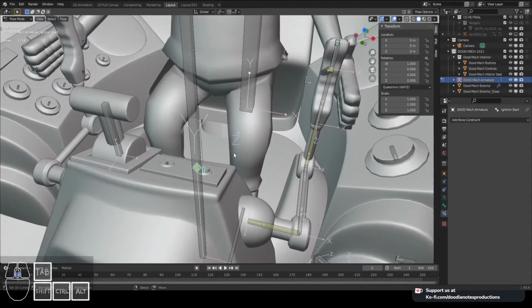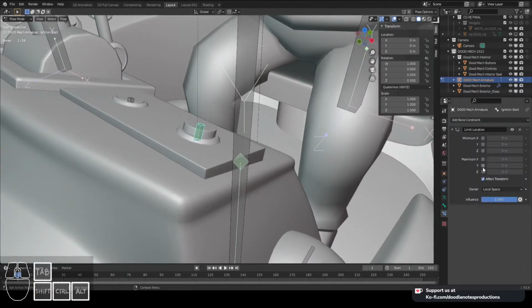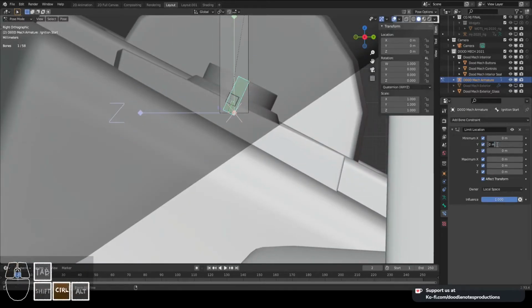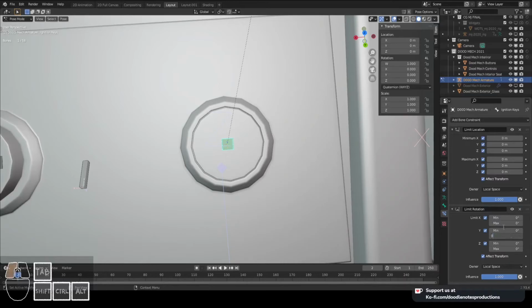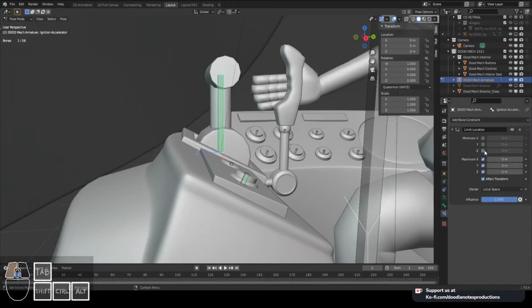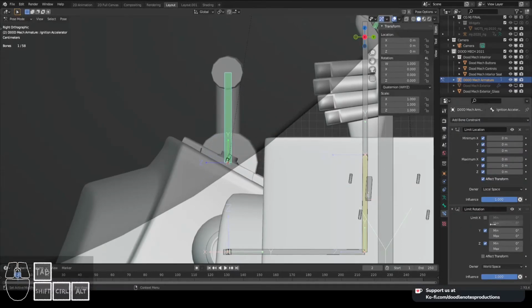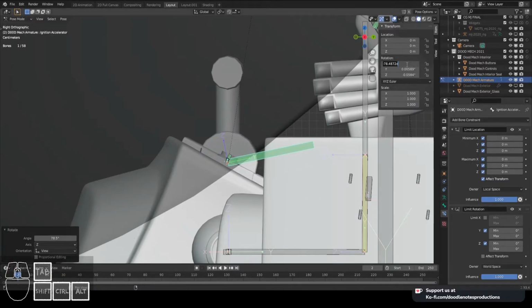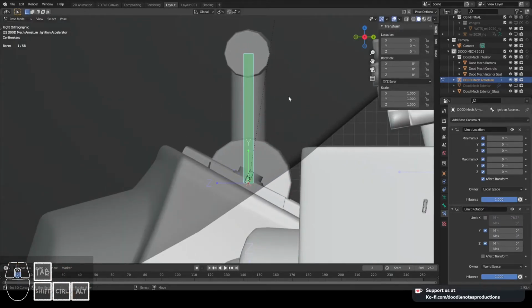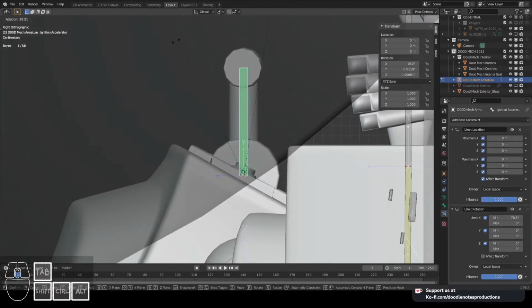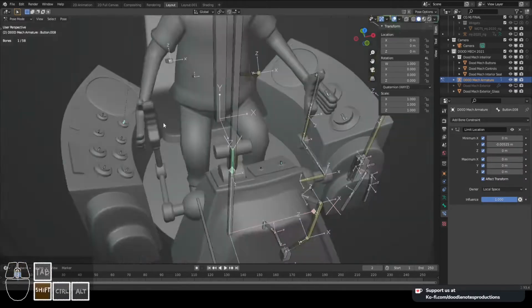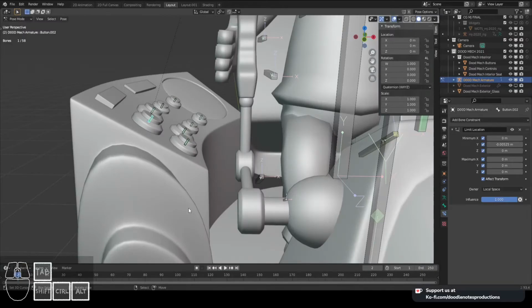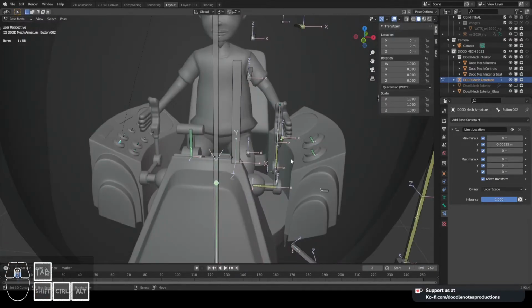So time lapse starts now. Okay, we're done. That was actually easier because I have the copy